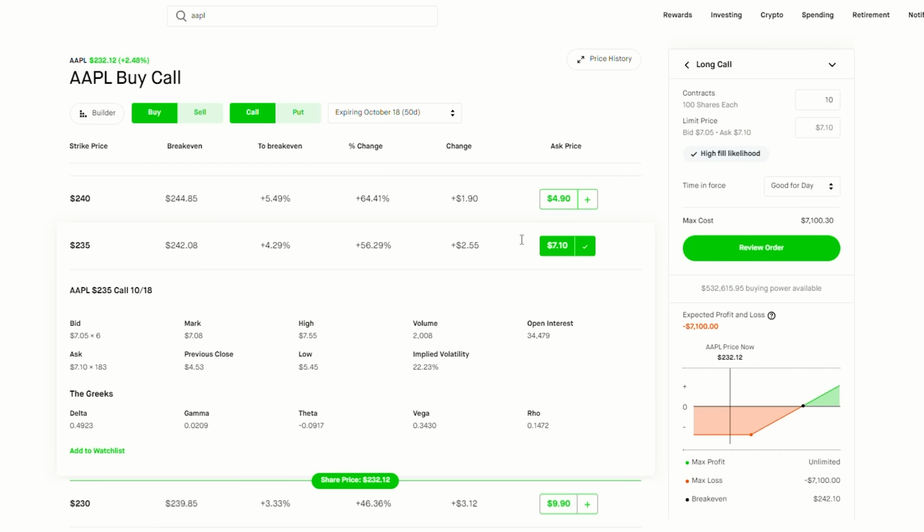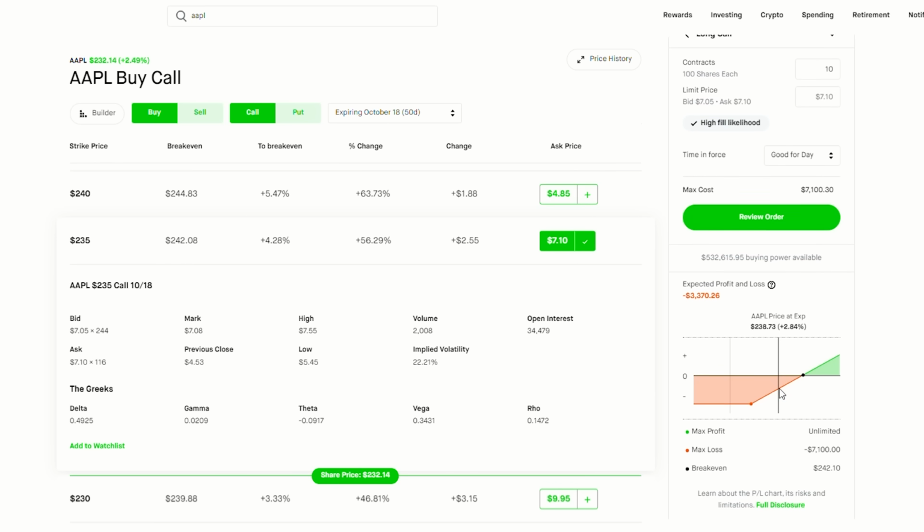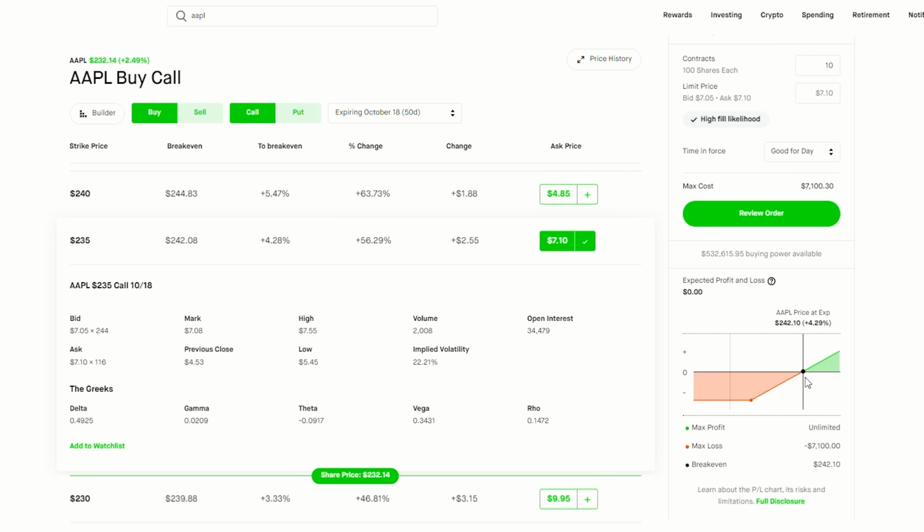Now let's talk a little bit more about strategy. I like buying call options when I'm bullish. I'm buying call options because I want exposure to the upside. You can see here on the profit loss chart right here that essentially if you're going to be buying this call option at 235, then you start making money at